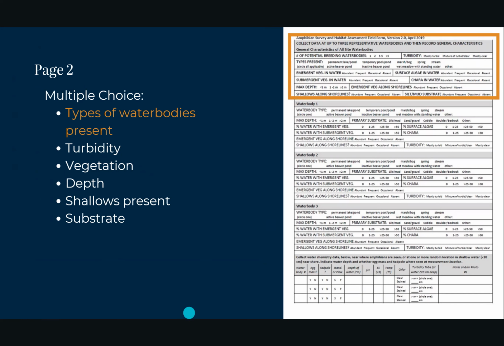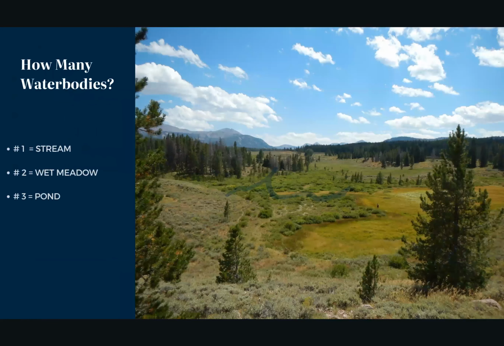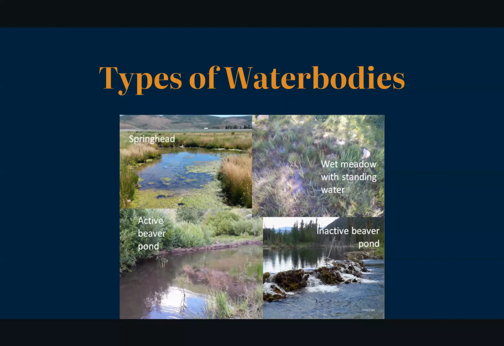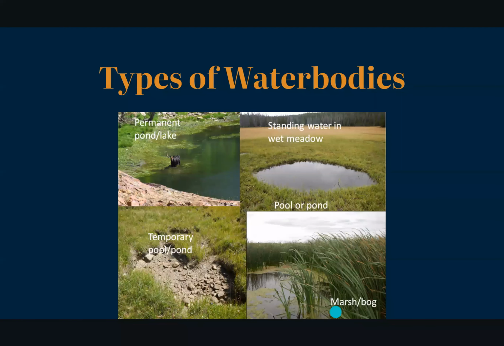water bodies. So just as a reminder, we're back at our site. You want to take a look and make sure you've observed the different types. You may just have a discrete pond, or you may have all three of these: a pond, a stream, a wet meadow. There's other water bodies that you may also observe, like springheads, wet meadows, beaver ponds, active or inactive,